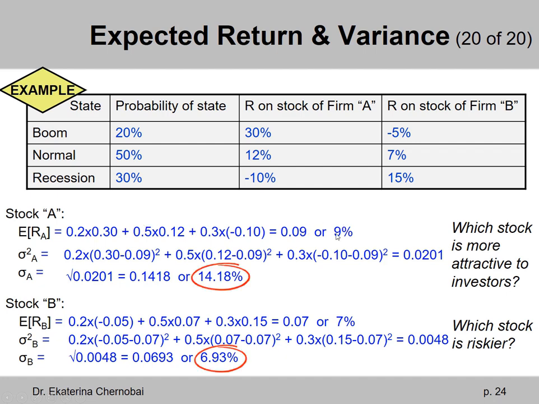A, with the better return but a worse amount of risk, or stock B, with a lower return but a much better, lower amount of risk? There is no correct answer to this kind of question. It's basically up to you. It's a matter of personal preference, whether you're okay with your money going up and down by a lot every year, but on average, you're guaranteed a better increase in your money every year,